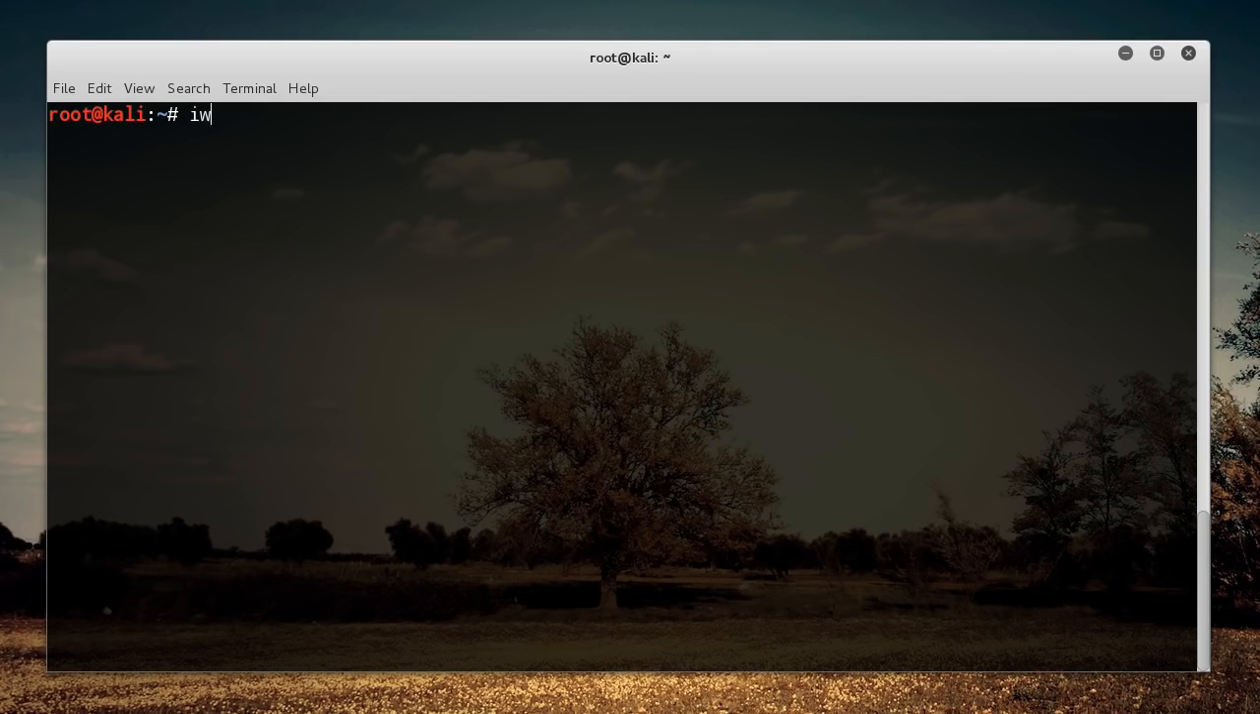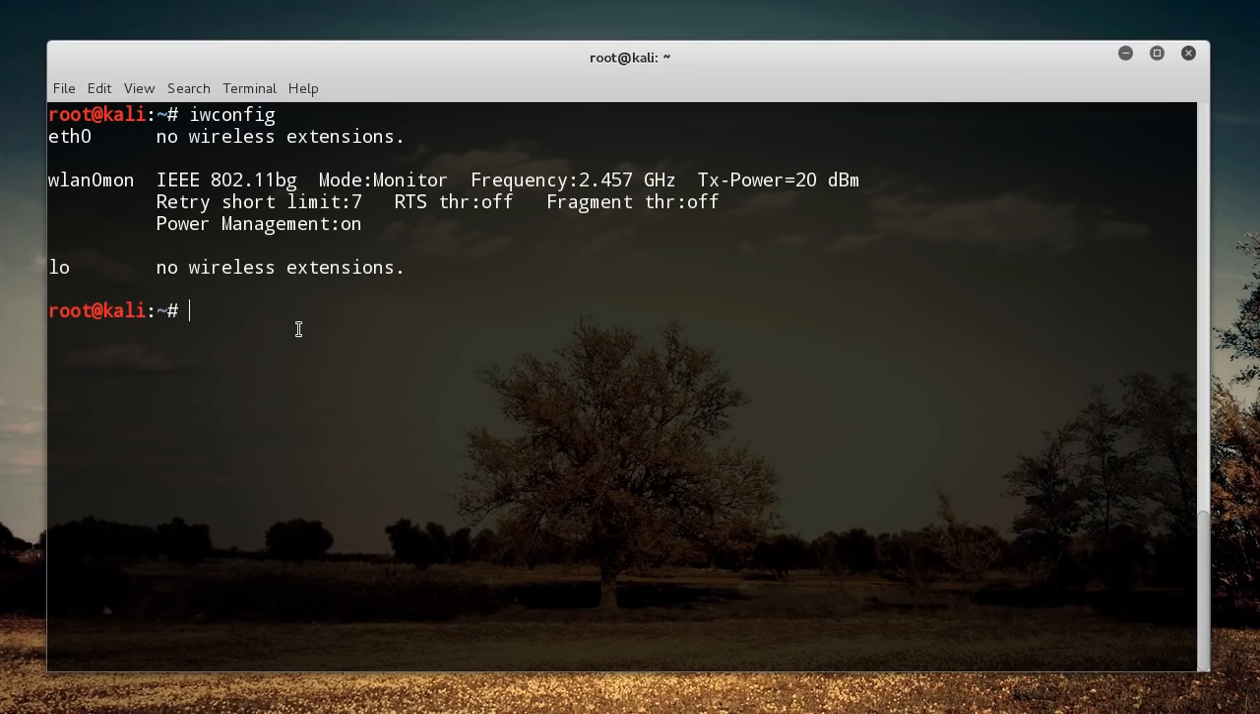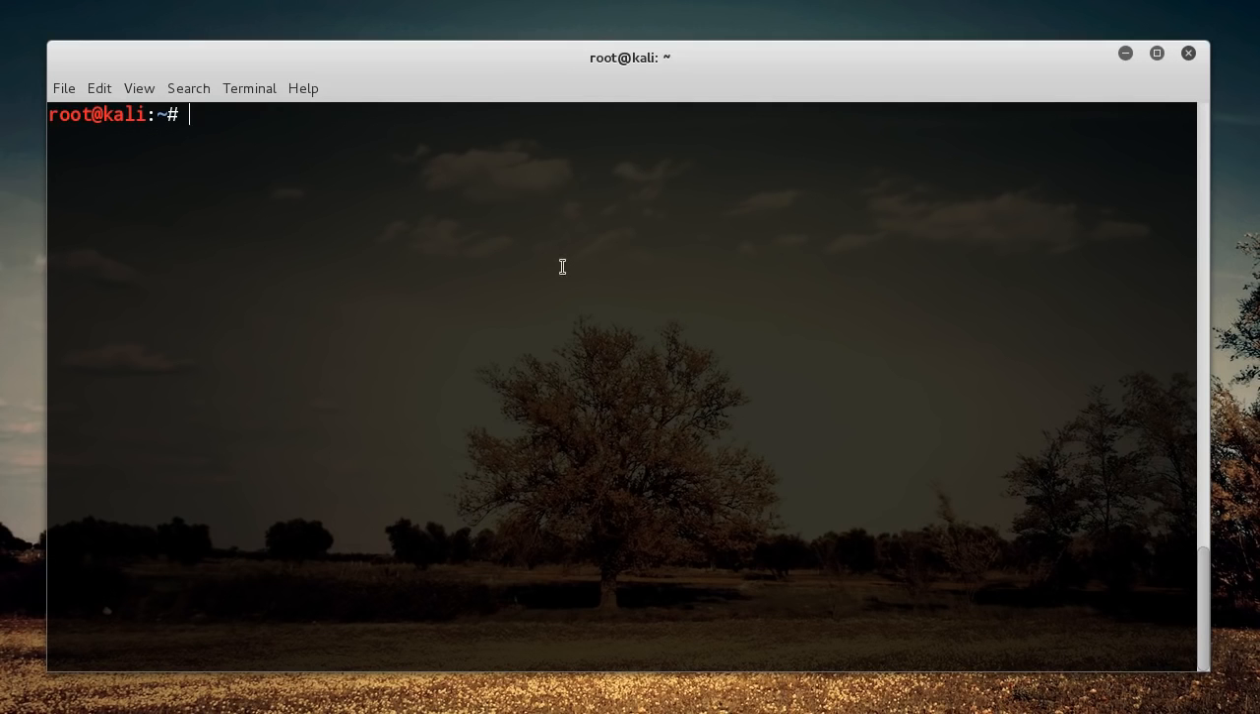Now I already have my card in monitor mode. Well, you guys can see right there. So I already put this in monitor mode before the tutorial, wlan0mon, as you can see. So after this, in order to create a fake access point, the tool to do so is from the aircrack